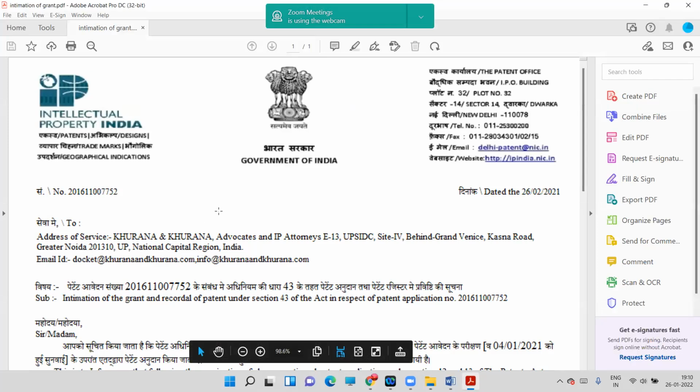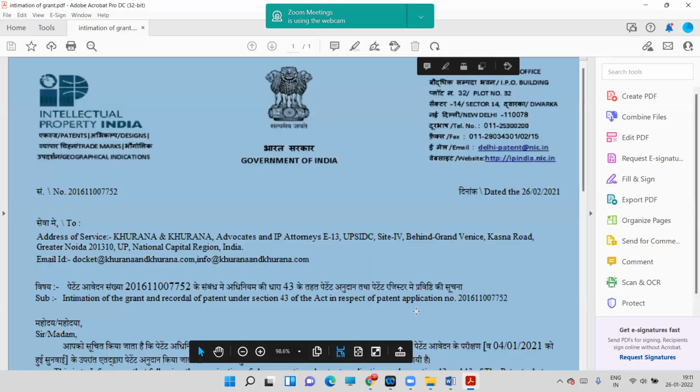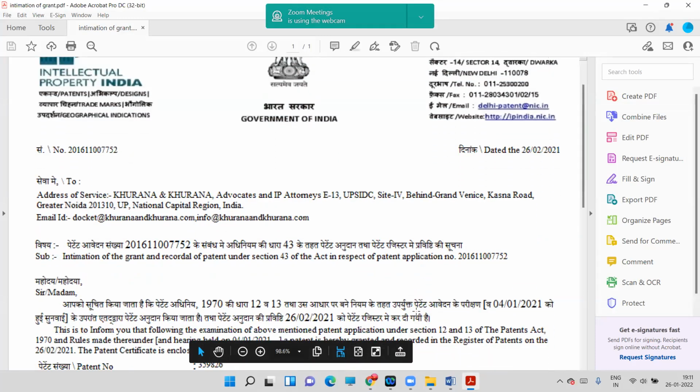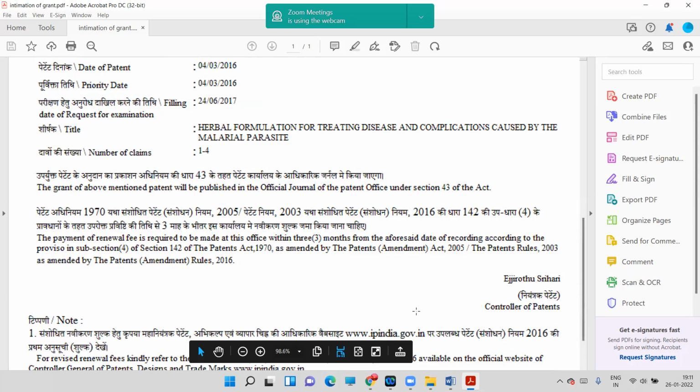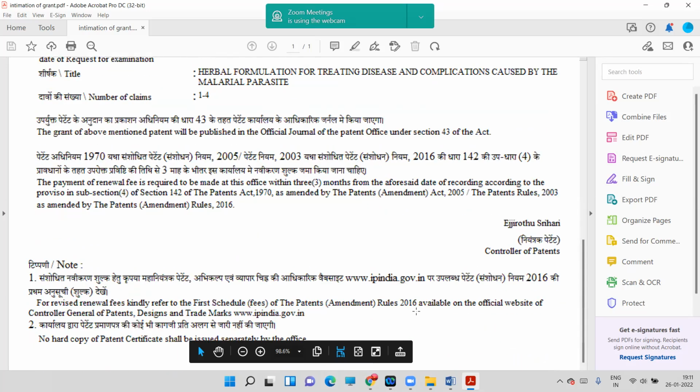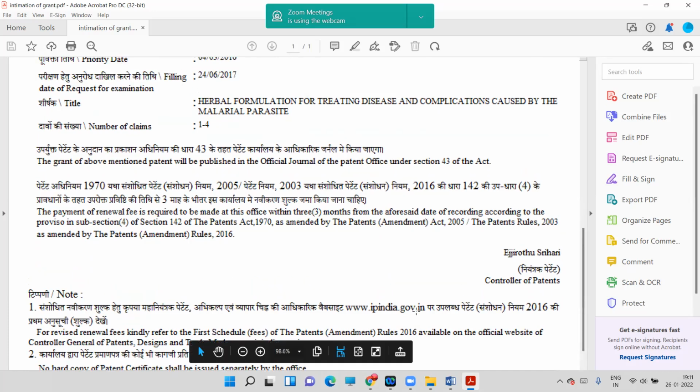ठीक है, ग्रांट होने से पहले ये होता है, क्या था? इंटीमेशन ऑफ ग्रांट। देखो क्या लिखा है, पेटेंट आवेदन संख्या, दिस इज द एप्लीकेशन नंबर। The intimation of grant and recordal of patent under section 43 of the act in respect of the patent application number, this one. The same patent, ठीक है। No hard copy of a patent certificate shall be issued separately by the office, ठीक है। तो इस पे ही जाके डाउनलोड करना पड़ता है।